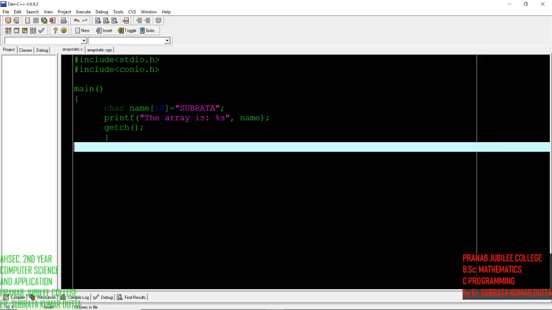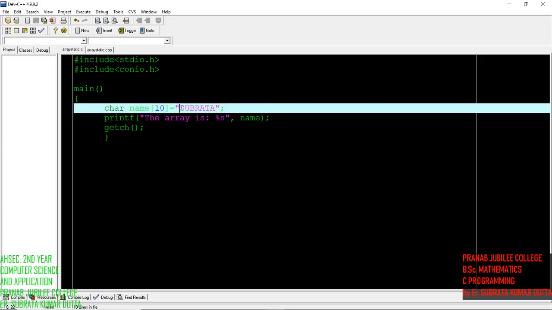Now let's see. If you are not using an array, there are 7 letters here, so for that we would have to use 7 different variables. But when I am using an array, in the single variable, here taken as name, I can write the whole name.